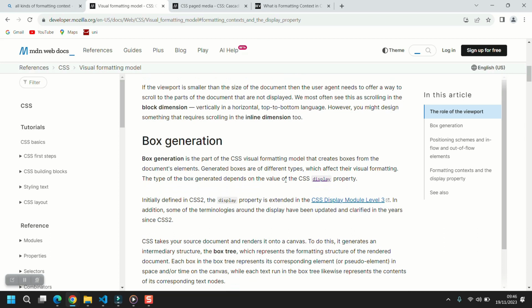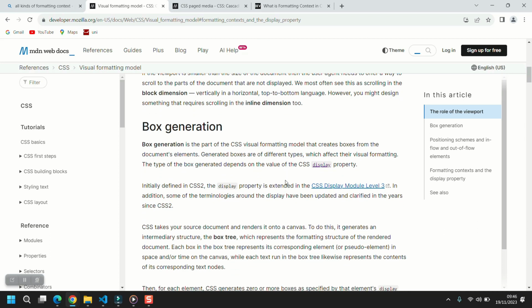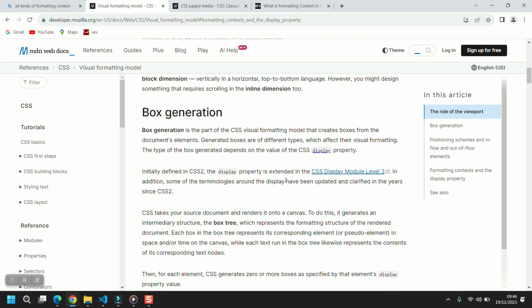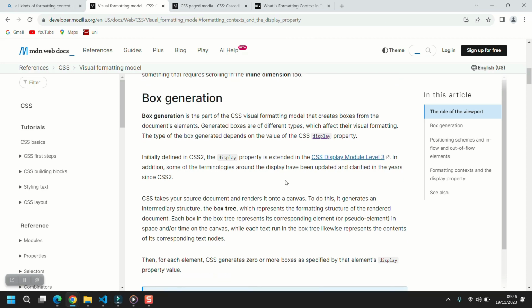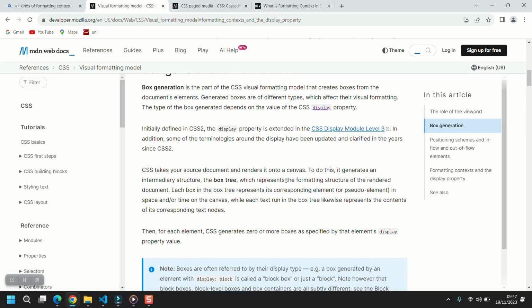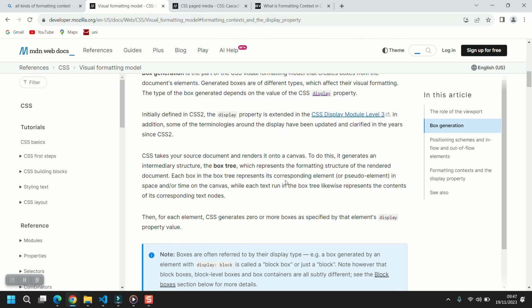Okay, box generation. The box generation is the part of the CSS visual formatting model that creates boxes from the document's elements. The boxes are of different types. The type of the boxes depends on the CSS display property. The display property is defined in CSS2 and extended in CSS display module level 3. Okay. Anyway,